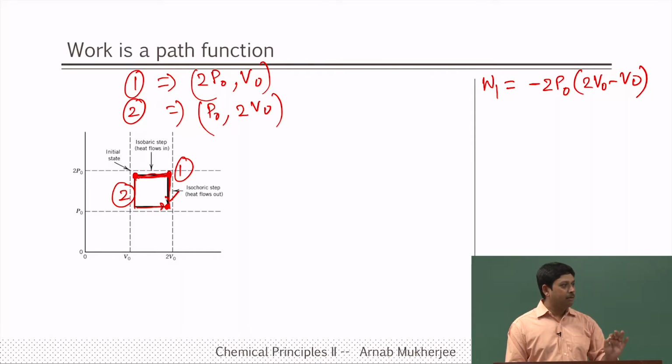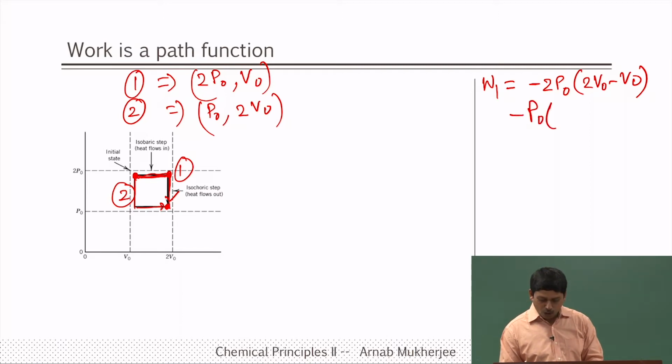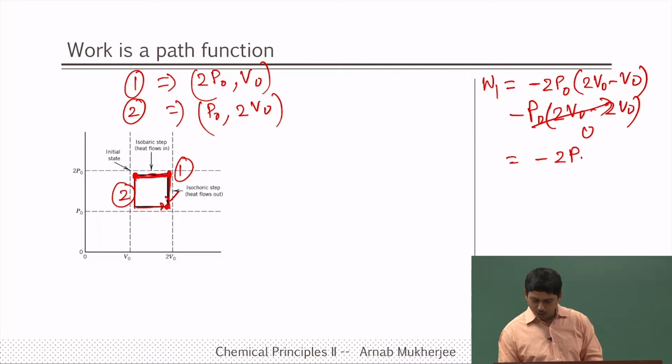Imagine that it is finally equilibrating to that pressure. Whatever the external pressure you applied at t equal to 0, at t equal to infinity also that pressure remains. So, you have to always consider the final pressure that you are going to see in the system. In the next step, what is the pressure that you are going to take? P naught, correct, minus P naught, but the volume did not change. So, 2 V 0 minus 2 V 0, which means that is 0. So, this is 0 and the first one is giving you minus 2 P 0 V 0, that is the work done in route number 1.